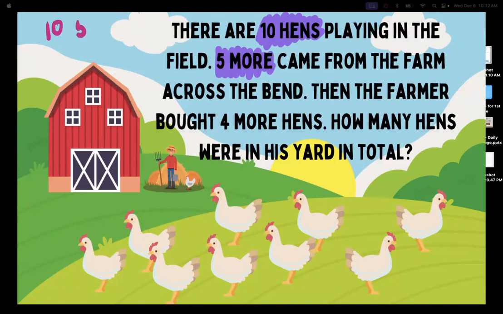So we need 5 more. Then the farmer bought 4 more hens. How many hens were in the yard in total? So we need 4 more hens. So we have 10 plus 5 plus 4 equals